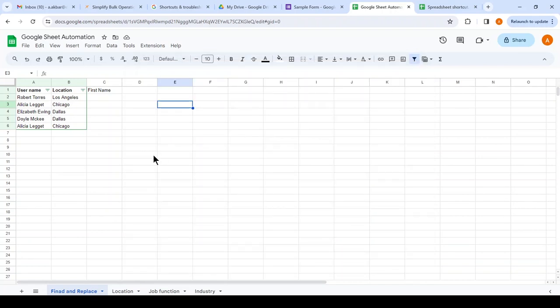All right, now moving to the next feature that will help you in your office work while working on Google Sheets. It's called Smart Fill. Now, I love this feature because of its time saving attributes. Okay, how does this work? For instance, I have this column, it's called first name. Okay, I'm going to write Robert. Let's see if this works. Alicia,